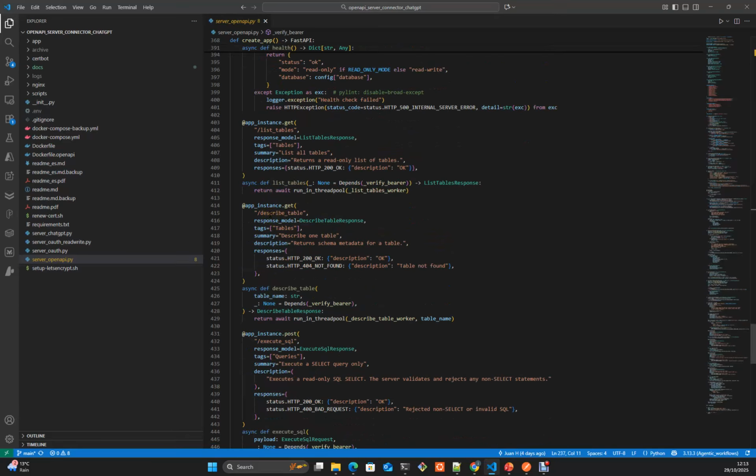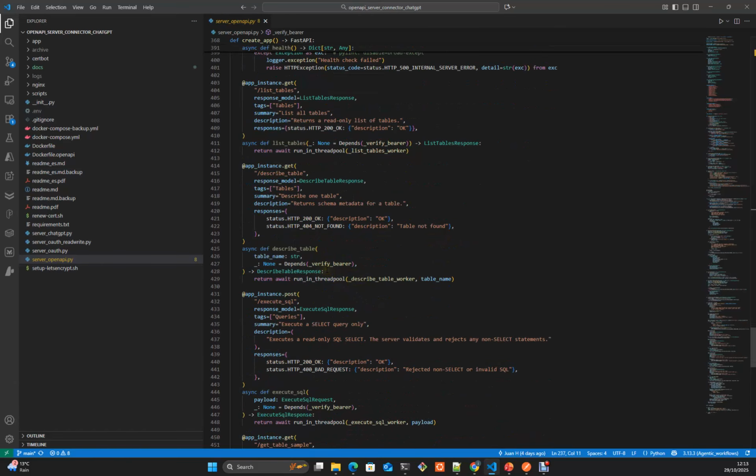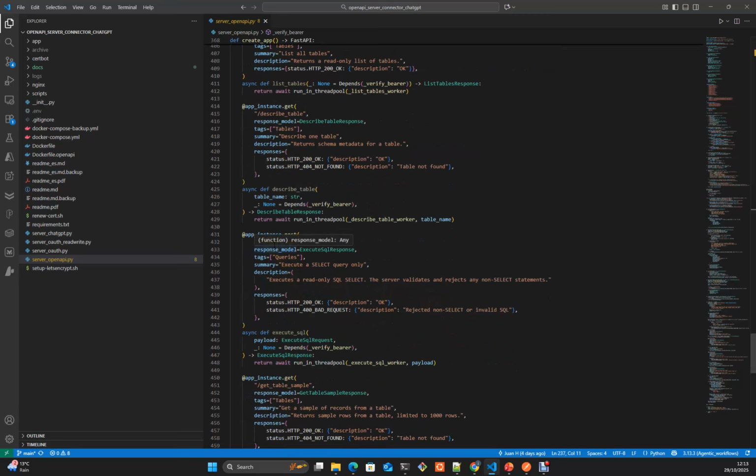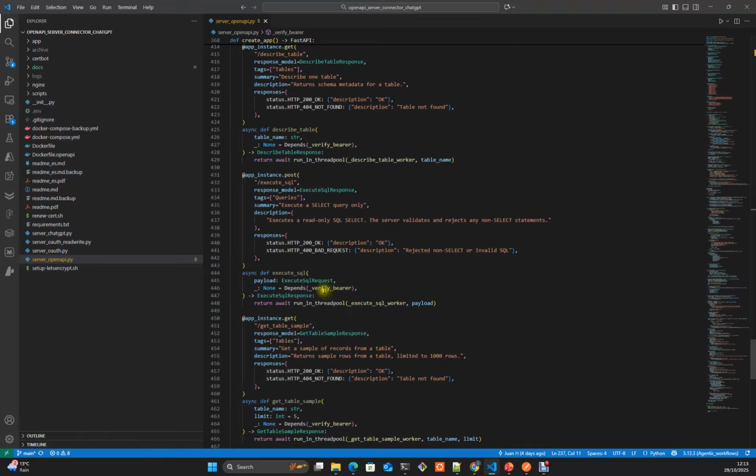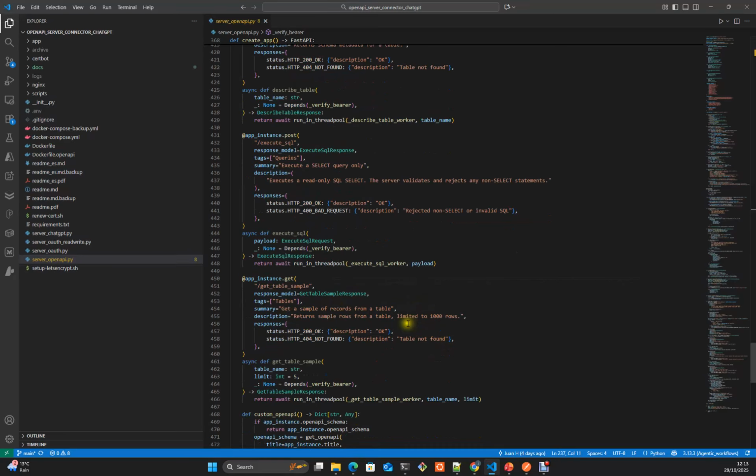Here we have the same for the describe table tool, again verify bearer, and we call describe table with the parameter. We have here execute query, and the same verify bearer, SQL worker with the payload.